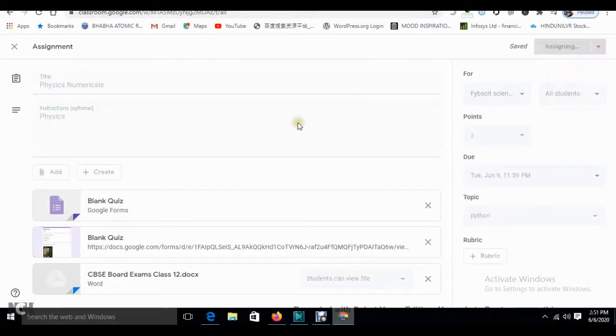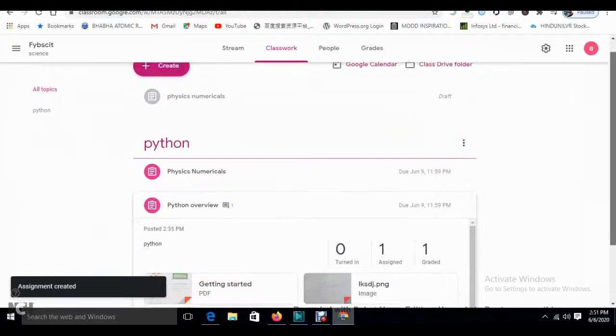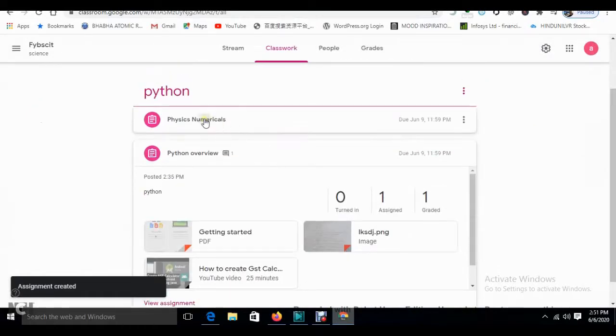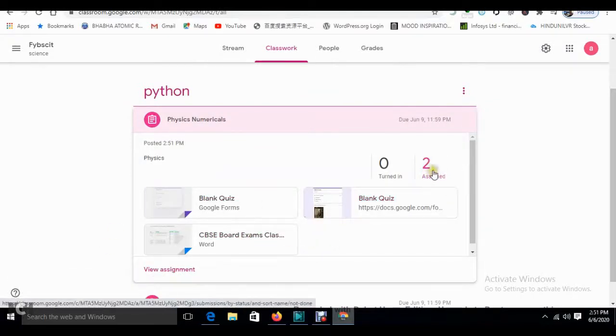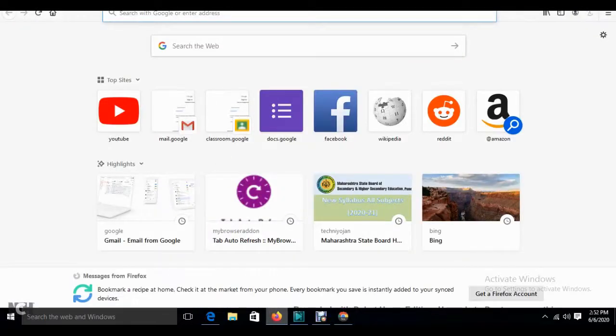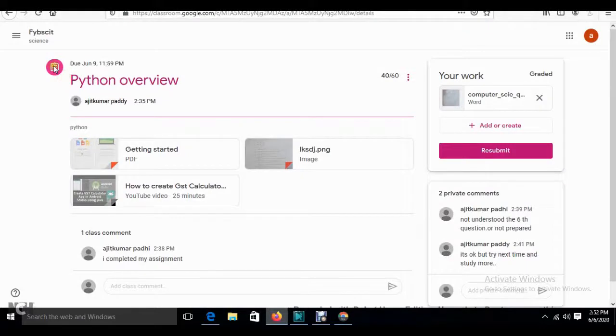Okay, so see, now the quiz section has also been created with these files and forms, and see over here it is assigned to 2 students. Now I will go over here and check whether the student got the assignment or not.